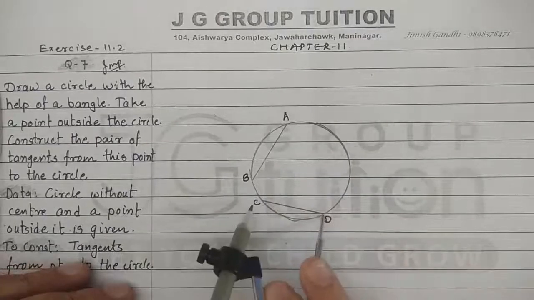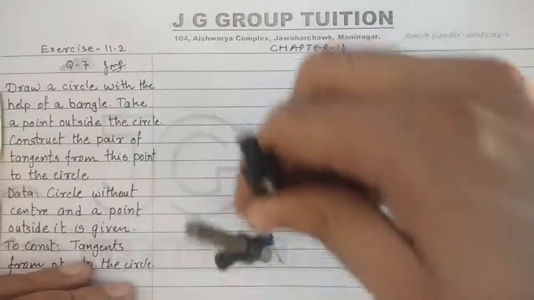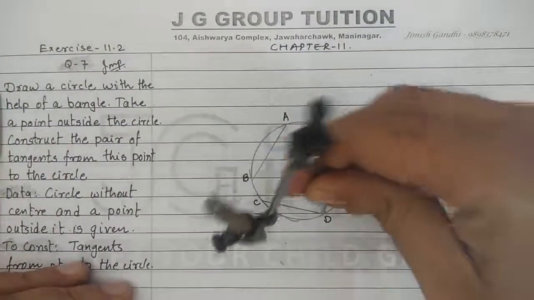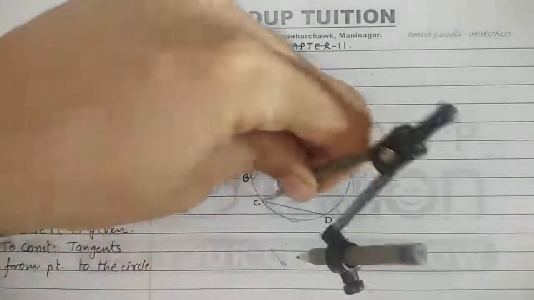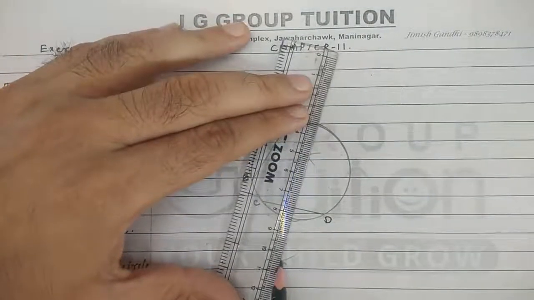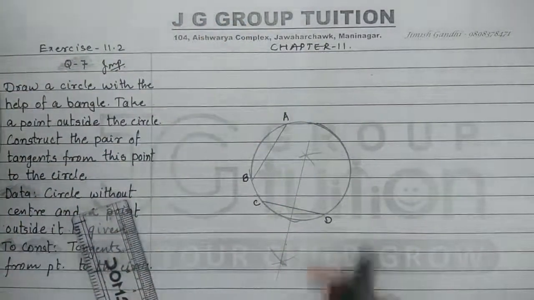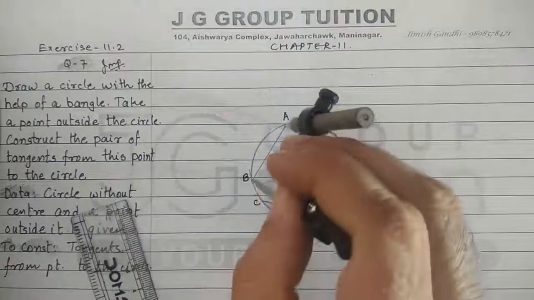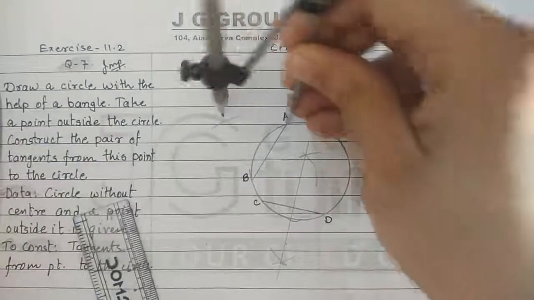Let's do that first for CD. This is the length of CD I have taken. You can take more than half also, but as the length is smaller, and from C, these are the two points. So this is the perpendicular bisector of CD. Let us do the same way the perpendicular bisector of AB also. One arc on the upper side from B, lower side, and one from point A, upper side and lower side.